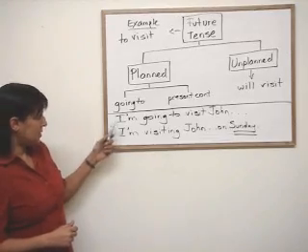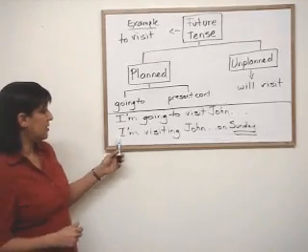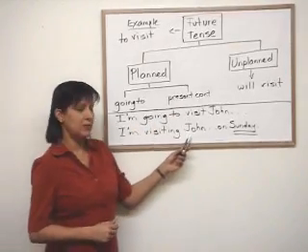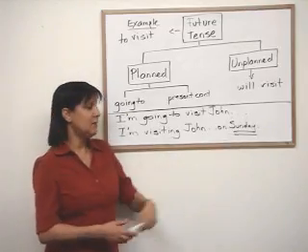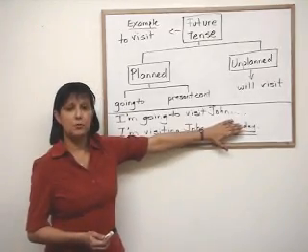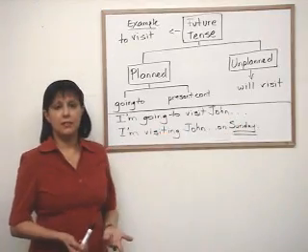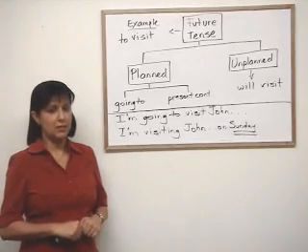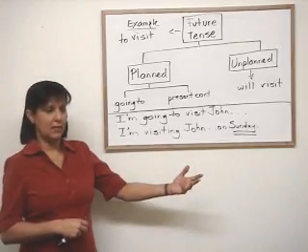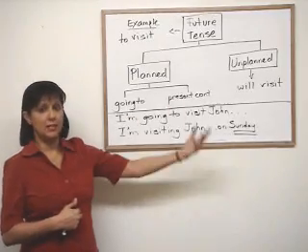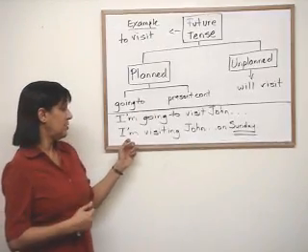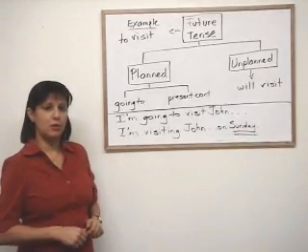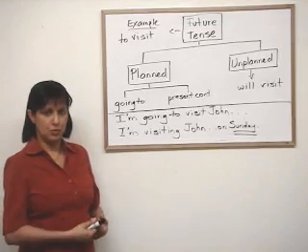If we use the same example of visiting John here, but with the present continuous, we would simply say, I'm visiting John on Sunday. If I say I'm visiting John without saying Sunday, then you simply are talking about right now. You're talking about the present. But as soon as I say Sunday, and today's Friday, and Sunday is ahead in the future, then you know that I'm talking about the future. And this is the second way that I can talk about a planned activity in the future.